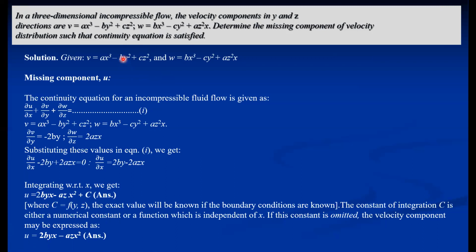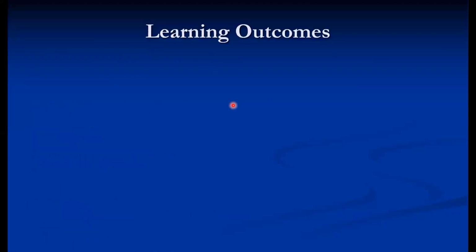So the continuity equation can be used for, suppose this is a two-dimensional flow, and if this is V and W, and write the condition for the satisfaction of incompressible flow. In that case, we put the expression here, and we have to develop the relation between A and B. So that may be a condition of flow. So such kinds of problems are also asked. So these are some numericals where we have applied the continuity equation.